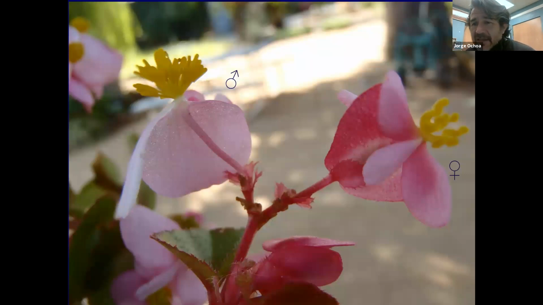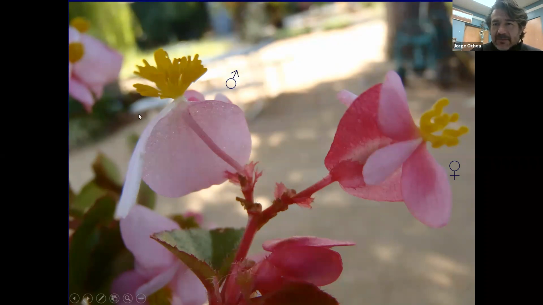And even here, begonias, we have just same flower cluster with 2 different flowers. So we have the male flowers, and on the other side, there's no ovary. There's nothing here, just a bunch of stamens and the petals. And then the female flowers will have this ring, which is a margin of the ovary, and just stigmas versus stamens. So they're side by side on the same plant, but different sexes on the flowers.